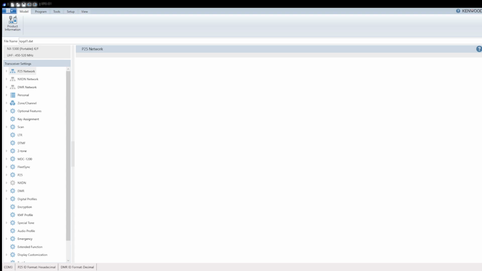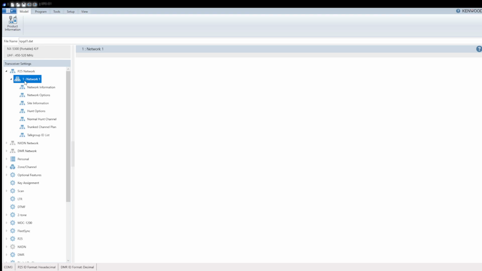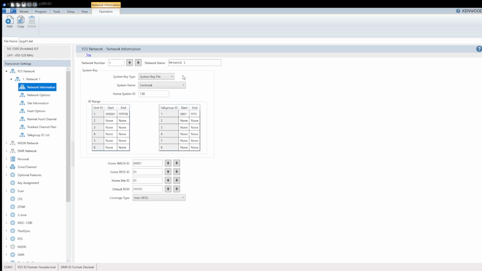So first things off, the code plug we're going to be using is for an NX5X00. This is going to be their UHF portable. First things first, P25 network information. You will have to import the system key file. This has the home range, all that, WACN ID,